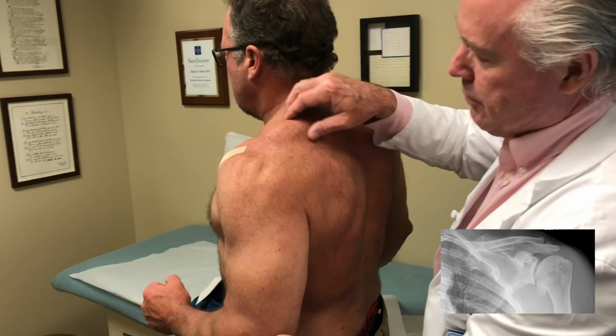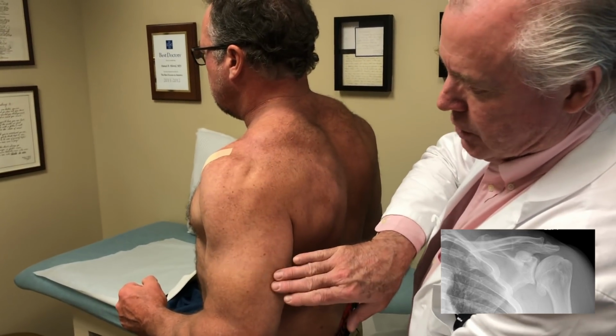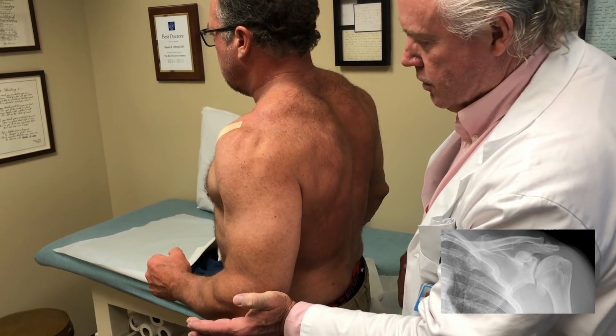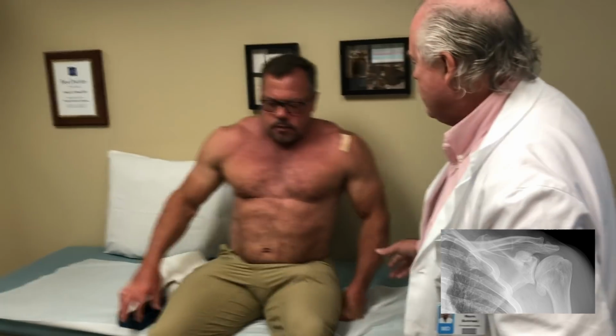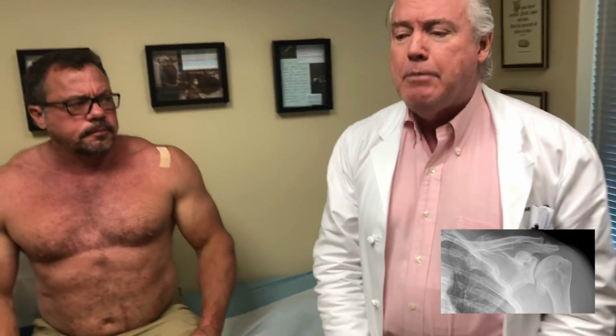Again, his trap is working here as well. Triceps is working, and probably his brachioradialis also to do that maneuver. Okay? And then the lateral deltoid is the exercise that most people try to do a lateral raise with, and there's nothing good that happens with your arm out